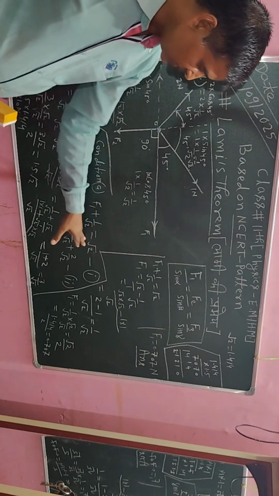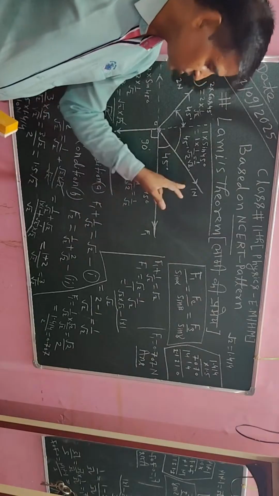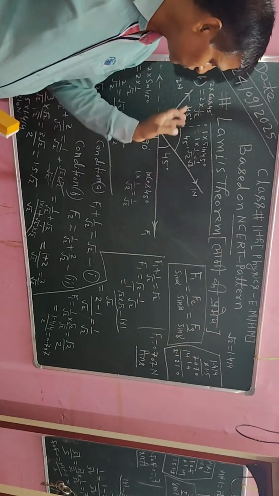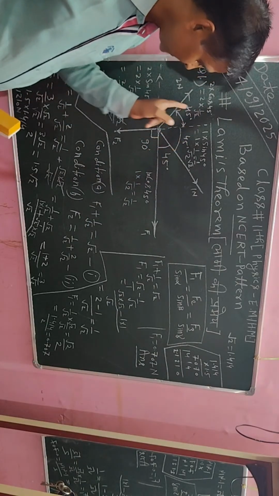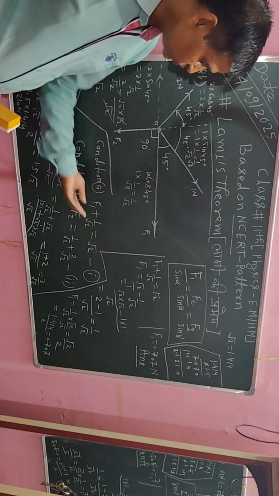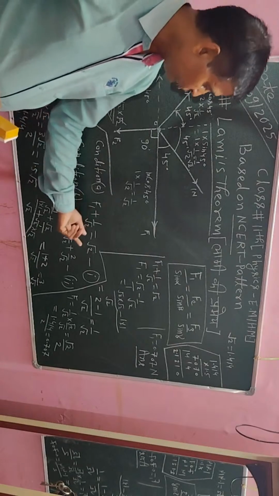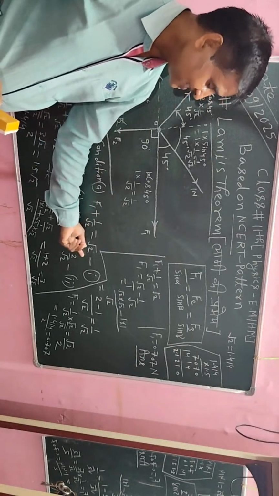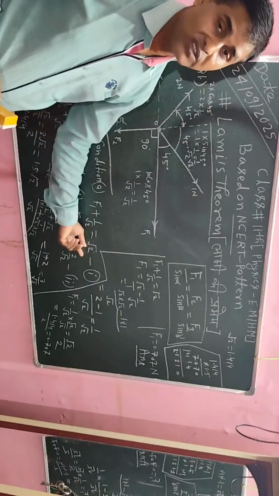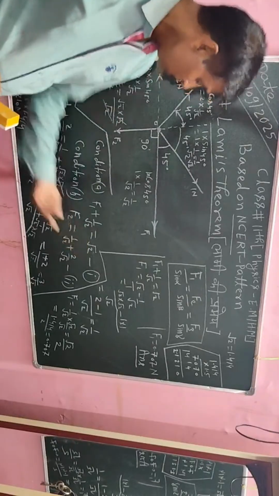तो ये कंडीशन 1 को हमने यहाँ पर लिखा है। ओके, जब दोनों फोर्स 1 न्यूटन और 2 न्यूटन को रिजॉल्व किया, रिजॉल्व करने के बाद कंडीशन 1 में फोर्स जो x एक्सिस के पॉजिटिव डायरेक्शन में है और फोर्स y एक्सिस के नेगेटिव डायरेक्शन में, दोनों का वैल्यू इक्वल होगा, बराबर होगा।